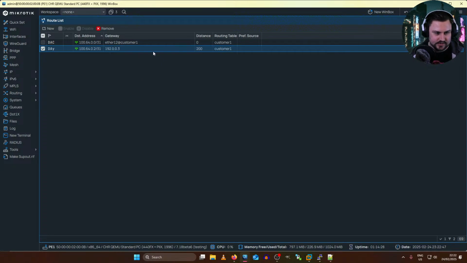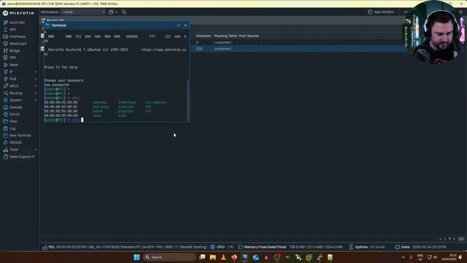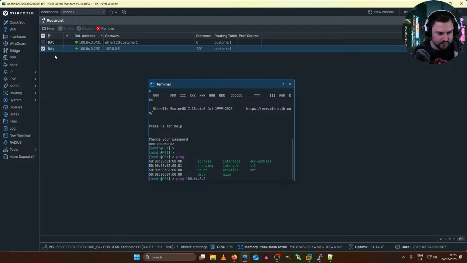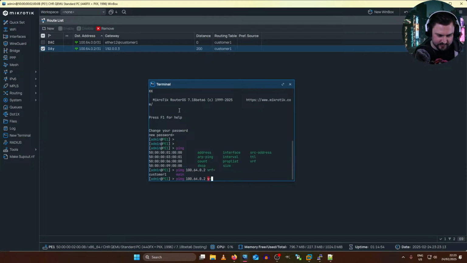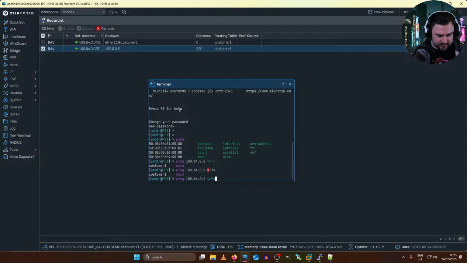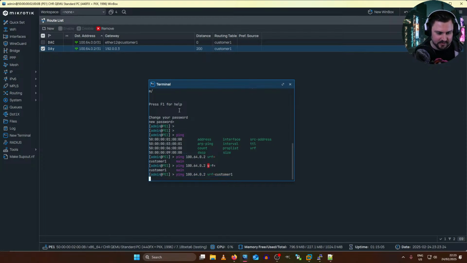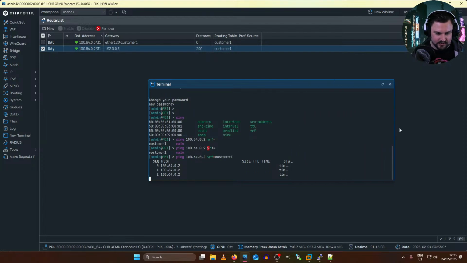The question is, is it actually working? So if I do a ping across, can I actually get there? So the easiest way to test this would just be from the customer's VRF. So I could do a ping to 100.64.0.2, because that's the remote route. And I could specify, I think you need to set VRF here. There used to be a routing instance, but that's been taken away a while ago. So VRF, this should be our customer one. Okay, so I did make it the lowercase on the one side. And we're getting some timeouts.